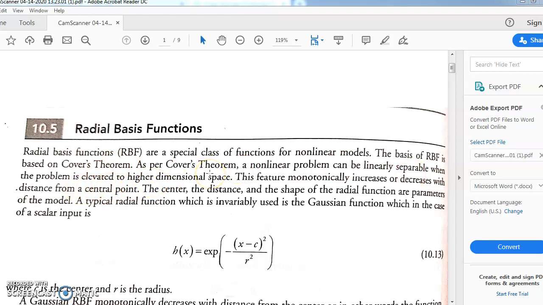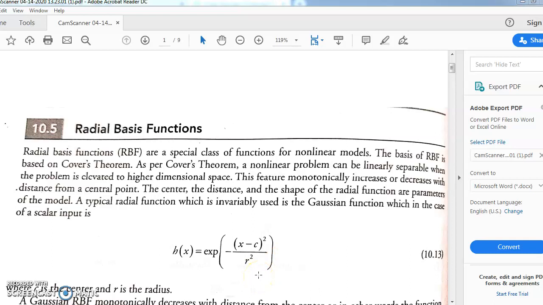It means we will plot the initial data points into other values. And how can we convert the initial data points into other values? We will use the radial function here. Whenever we are transforming the initial values, it is not necessary that our values will increase. There are two chances: either our values will increase or decrease. It always depends on the center point which we have selected for the classification.